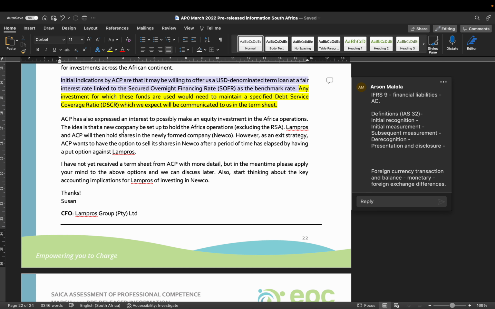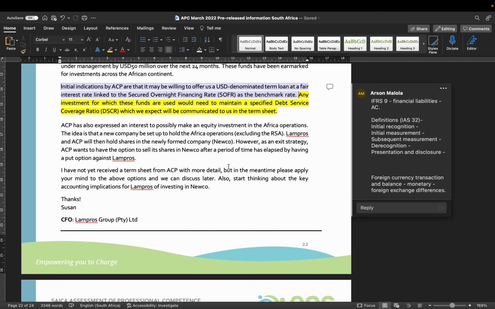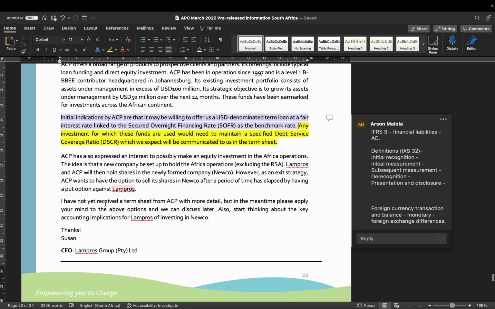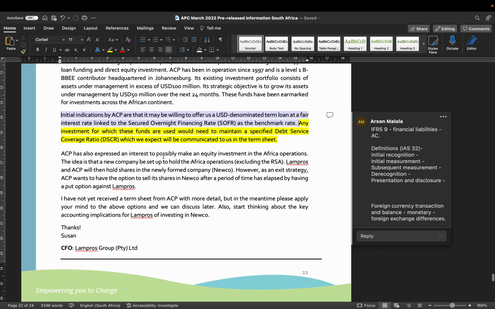Again, it can be one of those two. The numerator, or the one bit of the formula, can either be EBITDA or operating cash flows. There could be some discussion in terms of which one is better, which one works better when, right? So have that in your research as well, and consider in this context which one may be better. But that's going to be covered in more detail when you do the management accounting and finance bits of this email.